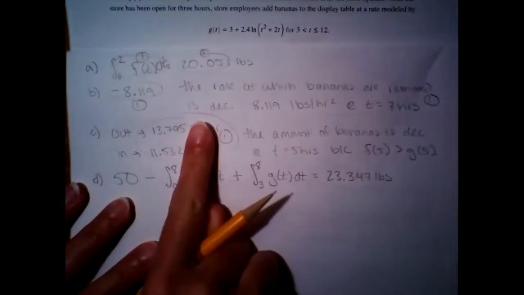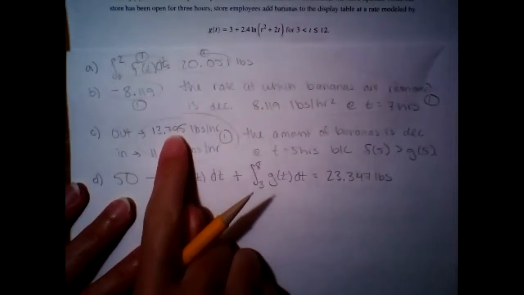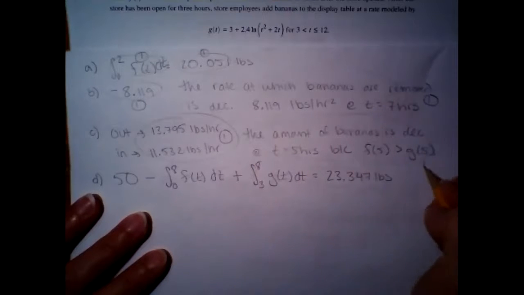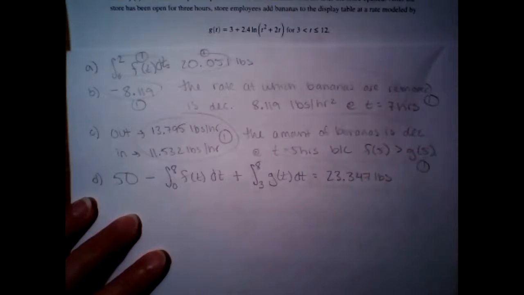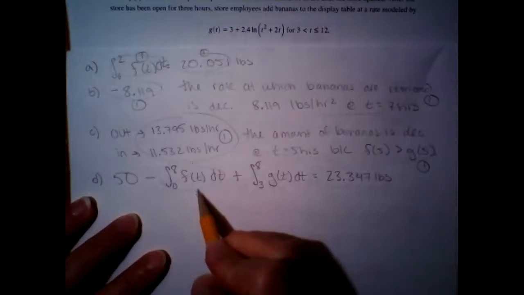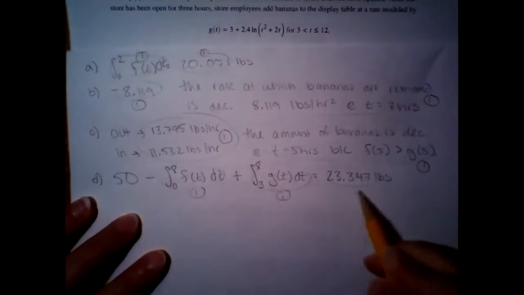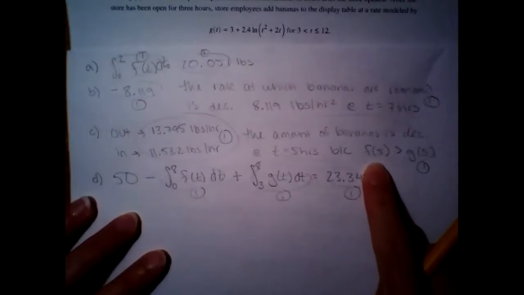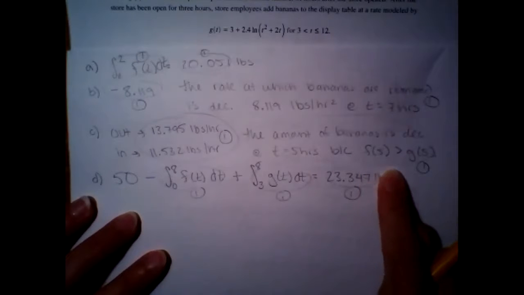All right, here it's a point for considering these rates. If you didn't write pounds per hour, you still get a point. But if you compared the rate in to the rate out, you get a point. And then it's a point for this explanation. And again, you have to do a comparison in some capacity. They're asking you to compare the rate in with the rate out. All right, and then here you get a point for this integral, a point for this integral, and then a point for the answer. And again, if you did not write pounds, you would still get the point, because they did not say indicate unit of measure. But if you wrote 23.34, you would not get the point. They won't give it to you unless you have 3 decimal places. So make